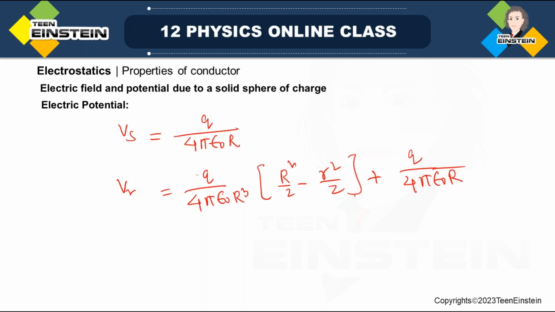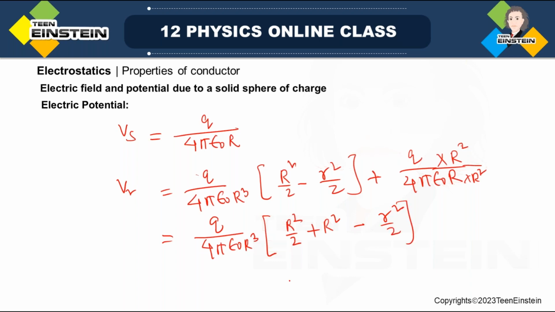Okay, now look, one thing I'll do here, just a simple substitution. See, it will be r cube, r square by 2 plus, here if I multiply r square both in the numerator and denominator, so this will be r cube, so that I have taken here, so this is r square minus r square by 2. Okay, so this will give you, look here, this is actually 3 by 2, I'll write it here itself,